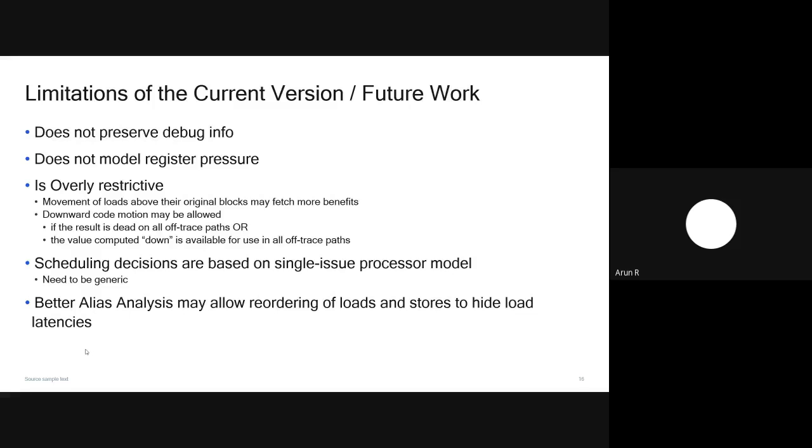Why this was possible is because often we have code